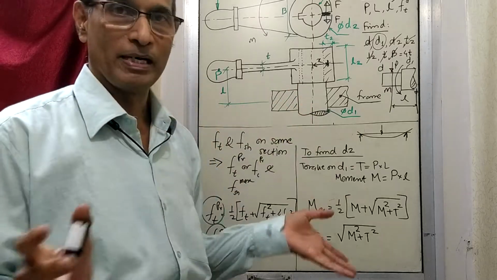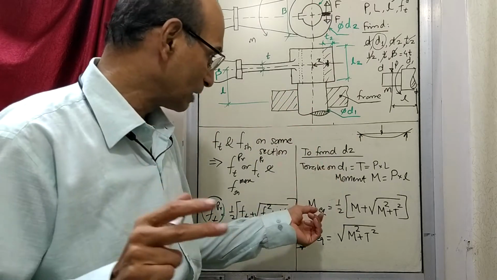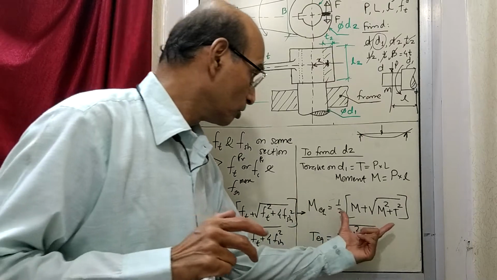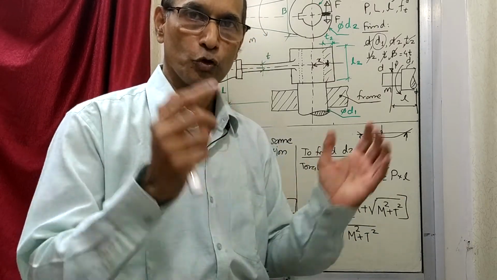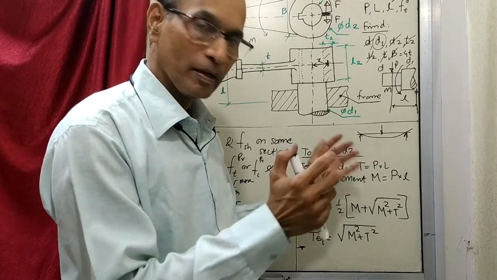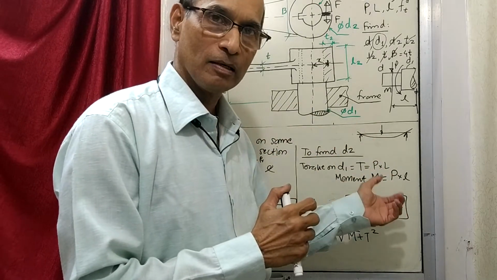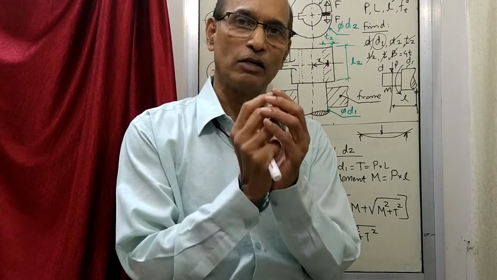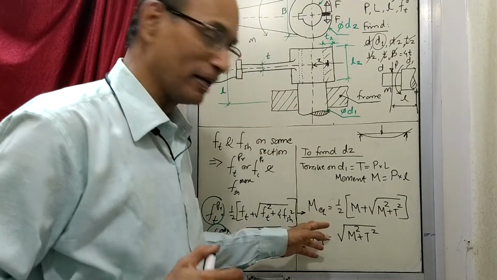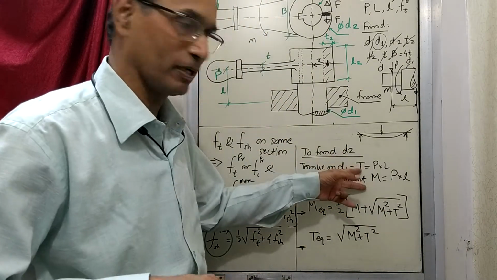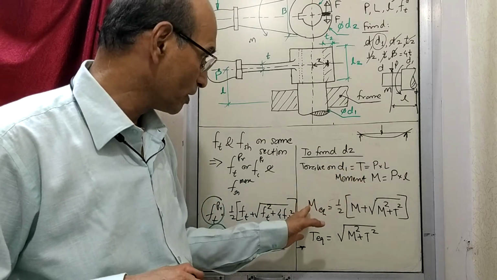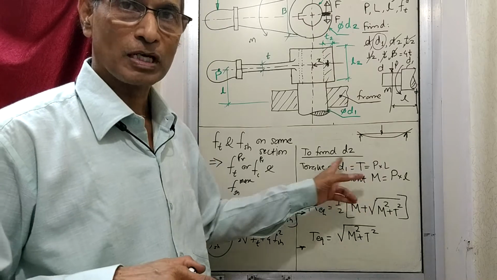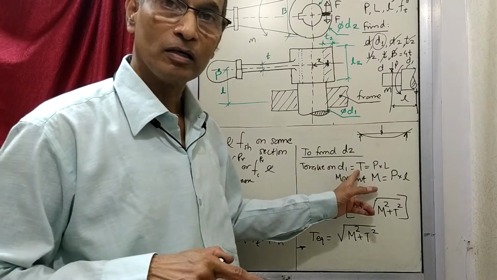Experiencing only moment, no torque, that moment is equivalent to both of them acting in this particular manner. So you combine T and M by this formula, and whatever value is there, you say that as a moment acting which is equivalent to these two acting. So what this is doing is same as what this is doing. Just one moment is doing what the torque and moment are doing.